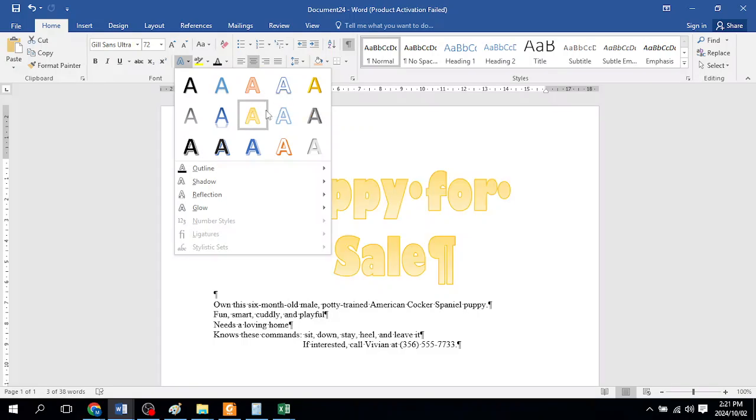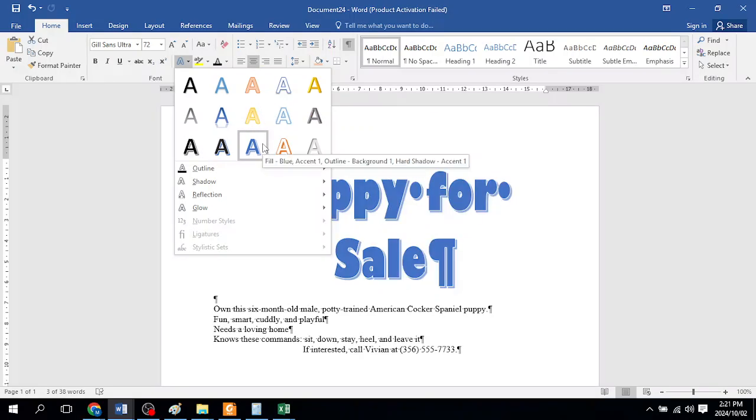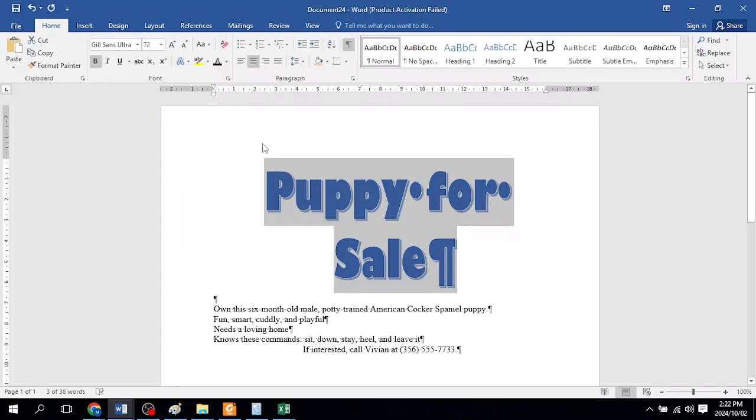Dark purple. Okay, I'm wondering if maybe it is because we didn't select the right font. Okay, but this one does have the hard shadow, accent 1, background, outline, but it's just not dark purple, it is blue. Okay, so I'm gonna select this one. Okay, it's close enough. Change the font size of the body copy between the headline and the signature line to